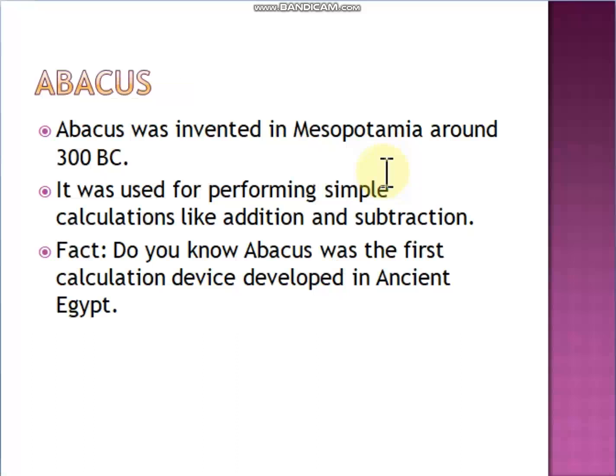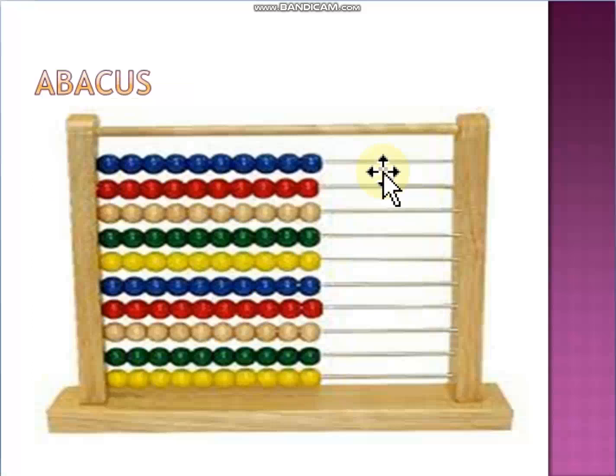Okay, so let's see the picture of abacus also. So this is the picture. Can you see? There are rods and strings and there are colorful beads on it. So you have to count the beads to tell the addition and subtraction of numbers. Okay, one more thing I'll tell you. Do you know, in this era also abacus is being used. Might be you are going for some brain development courses, for maths courses, and there they use abacus. So see, we were using it at that time and again it is used.